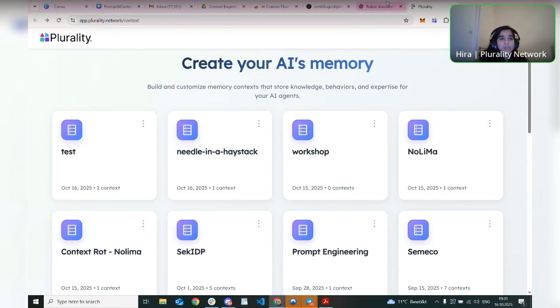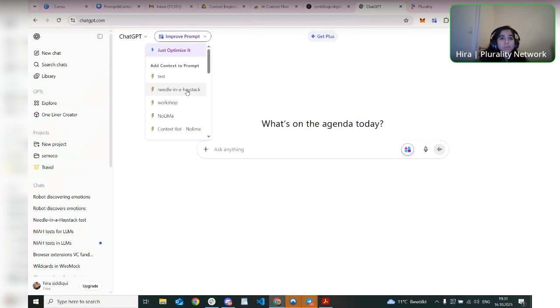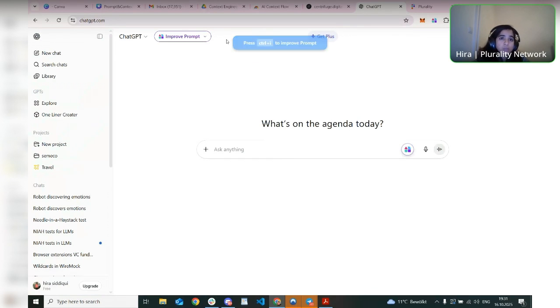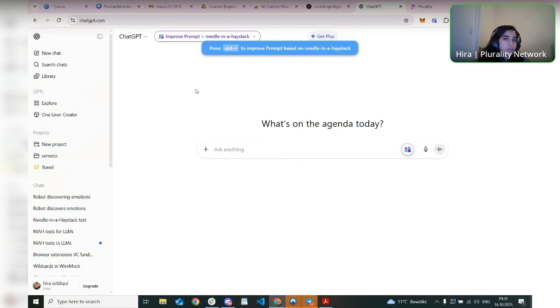And now, let's say you go back to ChatGPT, you open a new chat. We already did the improve prompt, but what you can do from here is that you can have all these different contexts. These could be different projects that you're doing, or different aspects of your life. One of them could be for your personal stuff, one of them for your work stuff, however you want. If you just use the optimize, it is just going to optimize your prompt. It is not going to add any context. But if you want to work in a certain context, then you can pick up a specific